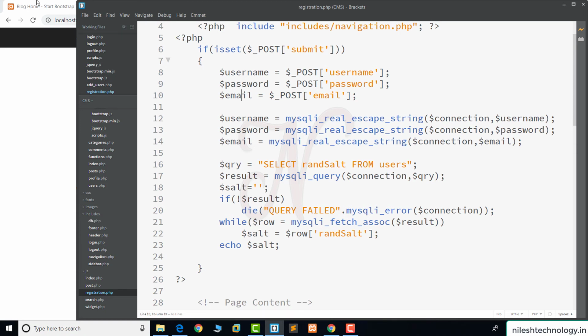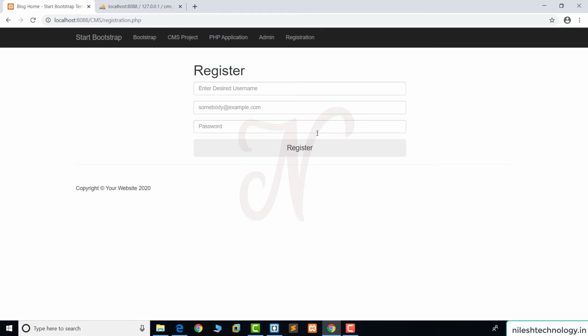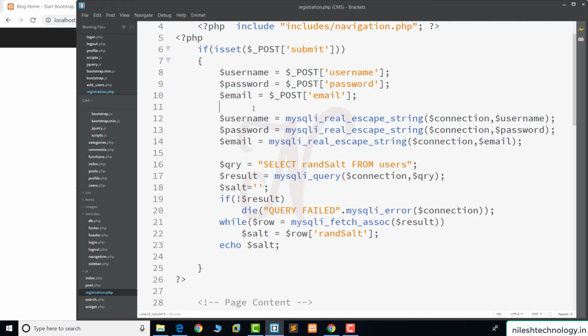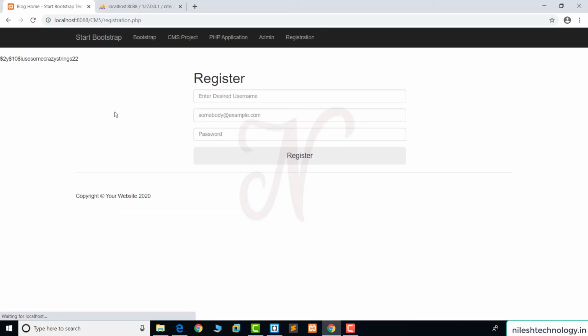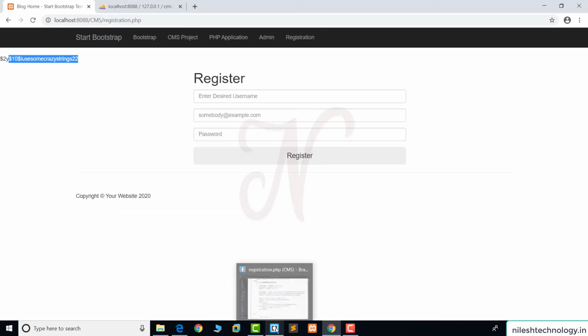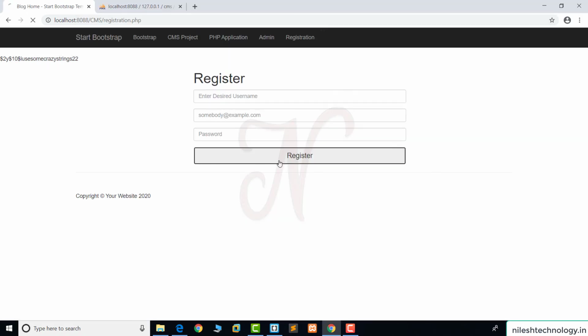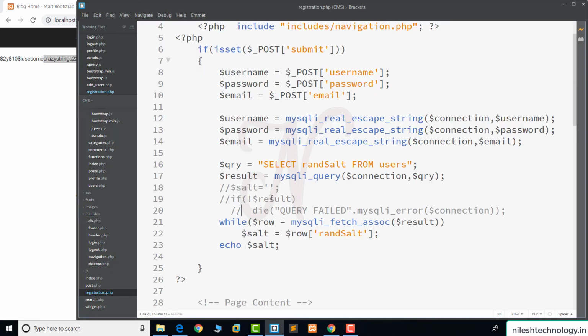We do this code after clicking on this registration button. Yes, here we are in the if section. So this code is working when you click on the submit button. See here, registration, this is my rand salt value. So there is no need for this default die condition. Check here again, click on registration. See, this is my success value. But don't worry, we keep this code as it is, we remove this one.